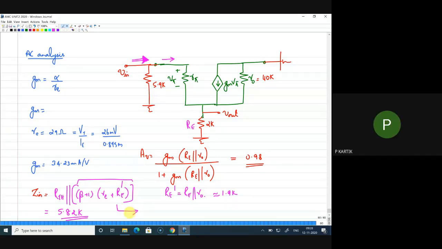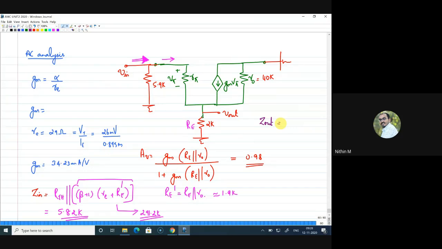That's 291.3 K. I think that is what Madhusudan got, right? Check this one. So that is Z in. Similarly, you can find Z out also. So let me write Z out here. I think without RTH it is 291. Kirtana, can you check once? I think you will get close to 290.